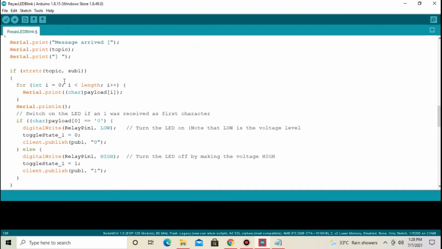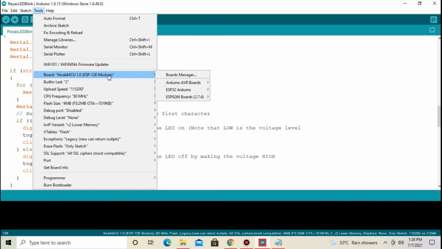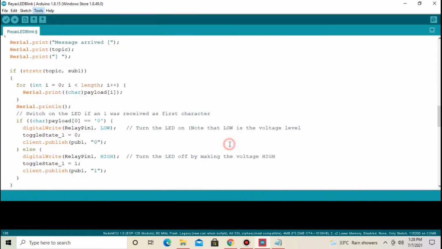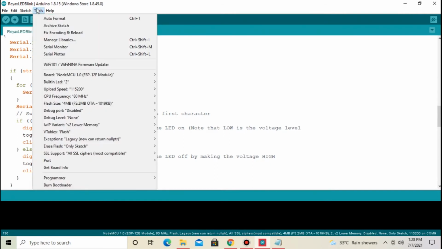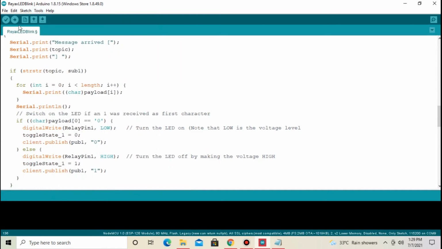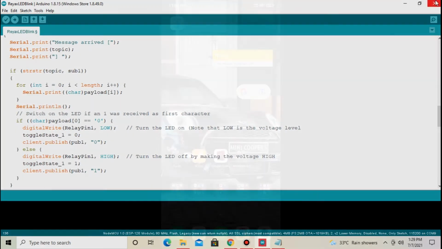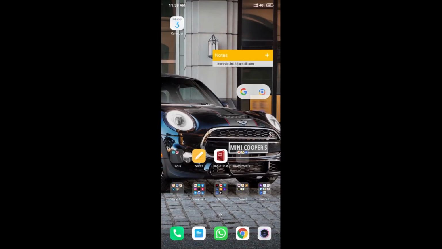Now from tools, select NodeMCU board, and same from tools, select COM port, and upload the code. I have already uploaded code. Next part is mobile app.